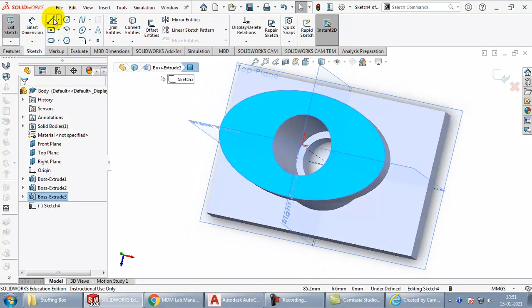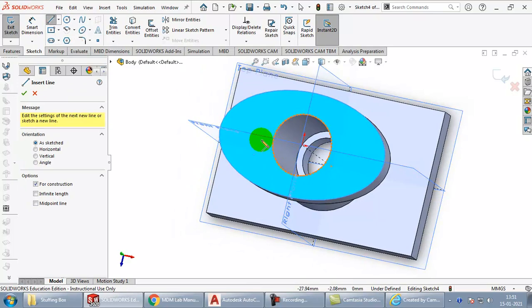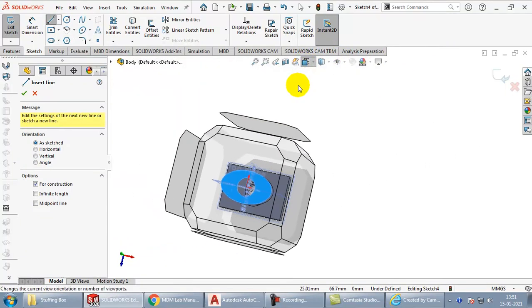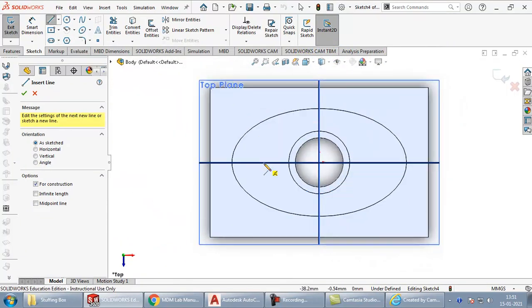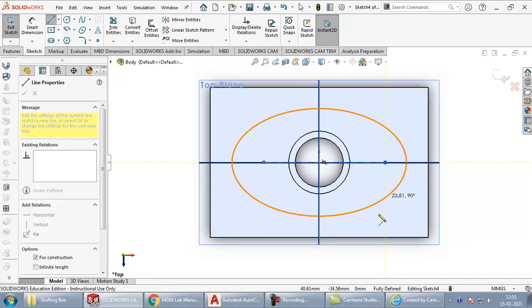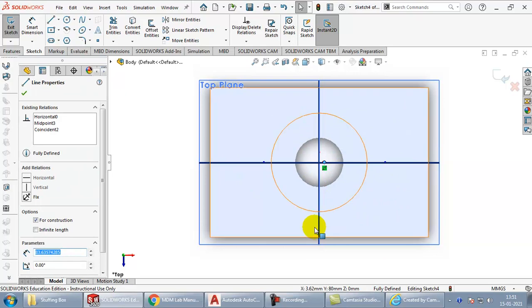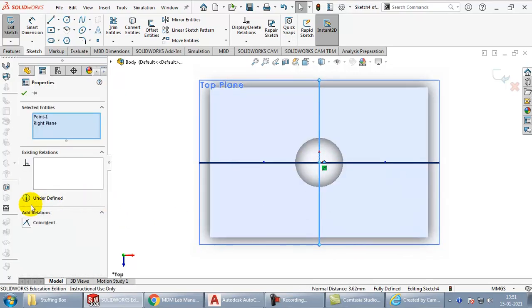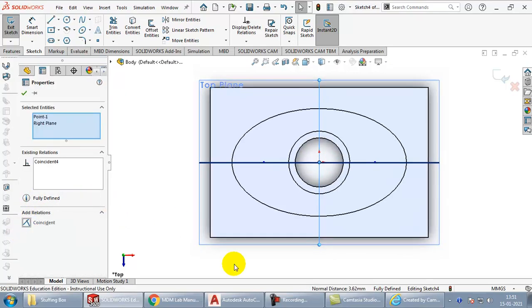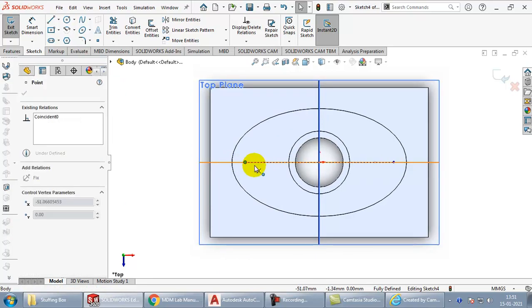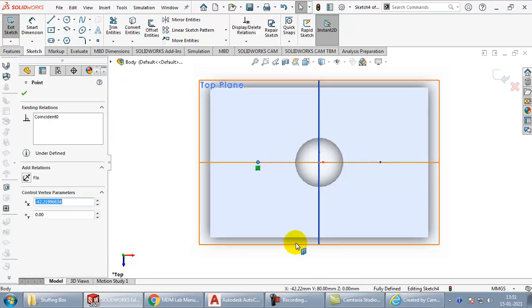Now I'll create a construction line, a center line. I'll align it properly. Click two points here on the axis. Then the midpoint and this plane, I will make it coincident. When I move this, you can see it varies the same on both sides.